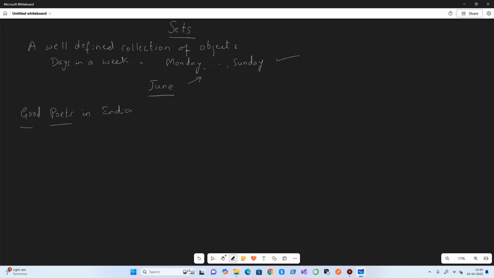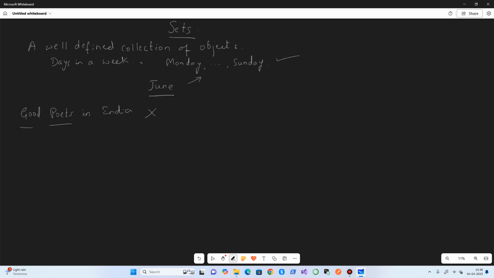That's why there is an ambiguity in what poet names get into this collection. Somebody might put some collection which differs from another person. So there is no universal acceptance criteria as to what we mean by good poets. So that's why this is not a well defined collection, hence it is not a set.